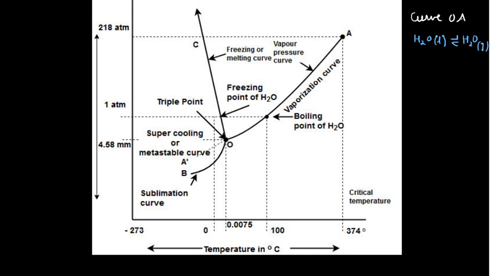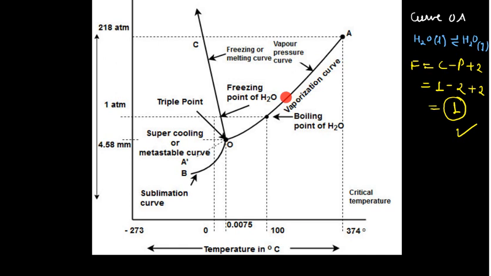So, whenever you are having two phases, then you can apply your phase rule to calculate the degrees of freedom. F equals C minus P plus 2. Okay. Here in that case C is 1, the component is 1, only water is there, two phases are there, and plus 2 is already there. So, if you calculate the degrees of freedom in that case, it will result in 1. Okay. In that case, all along this vaporization curve, you can select any point, the degrees of freedom is 1. So, what is the meaning of that? The degrees of freedom is 1.